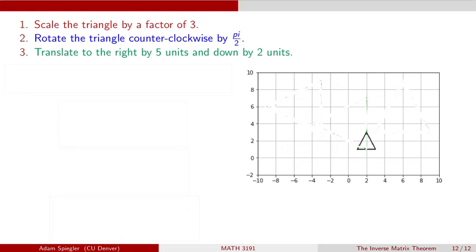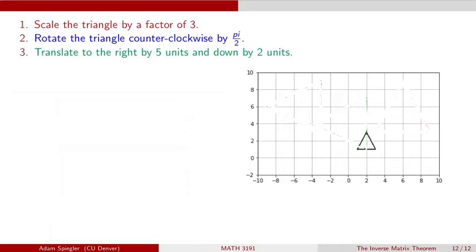Okay, so finally, let's go ahead and show that if we apply these transformations in the appropriate order, one followed by the next, followed by the next, we're going to get the same thing in the end as if we just took the product of the matrices representing each of these transformations and then mapped each vector by the product